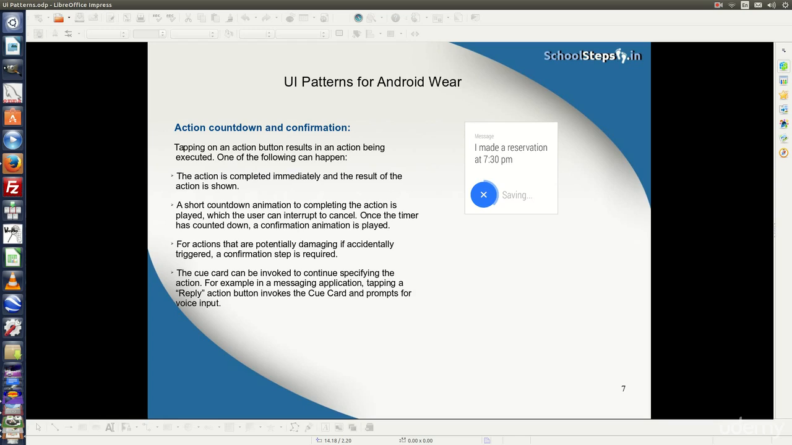Next is action countdown and confirmation. Tapping on an action button results in an action being executed. One of the following can happen. Number 1, the action is completed immediately and the result of the action is shown. Number 2, a short countdown animation to completing the action is played, which the user can interrupt to cancel. Once the timer has counted down, a confirmation animation is displayed. Number 3, for the actions that are potentially damaging if accidentally triggered, a confirmation step is required. Number 4, the cue card can be invoked to continue specifying the action. For example, in a messaging application, tapping a reply action button invokes the cue card and prompts for the voice